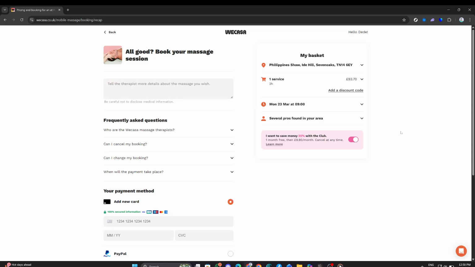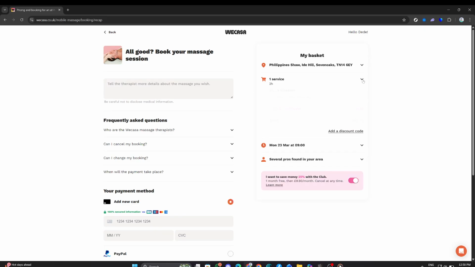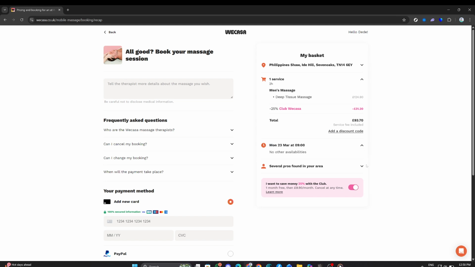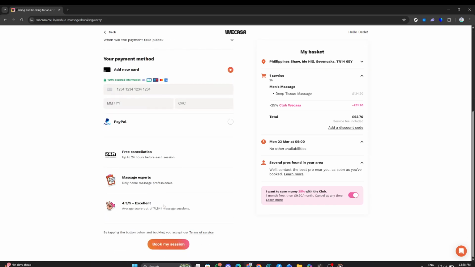You will then be directed to a recap page which summarizes your booking selections. Review this information carefully to ensure everything is correct. Finally, click on Book My Session to complete the booking process. This action will finalize your appointment, and you should receive a confirmation message indicating that your booking was